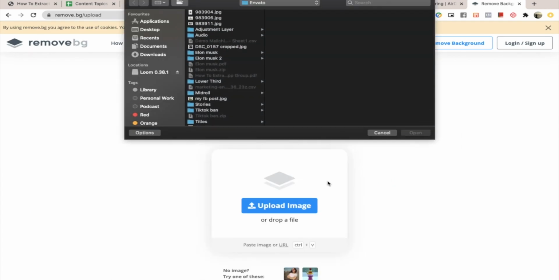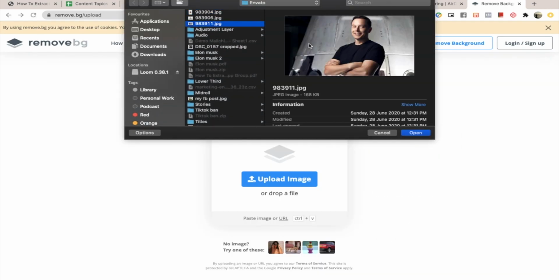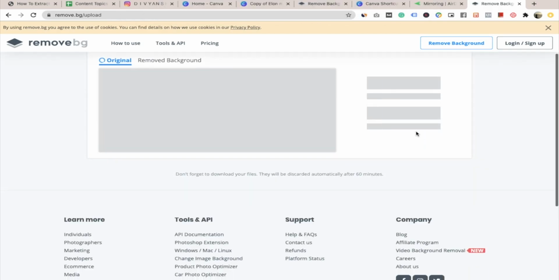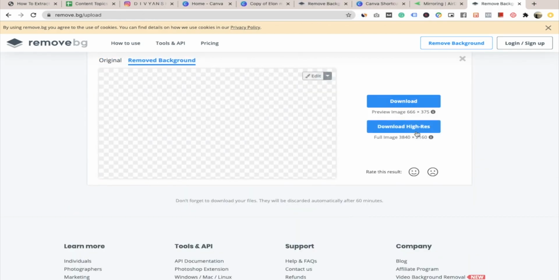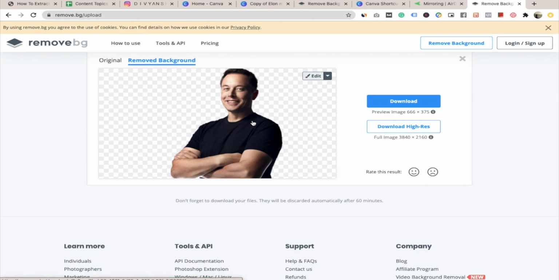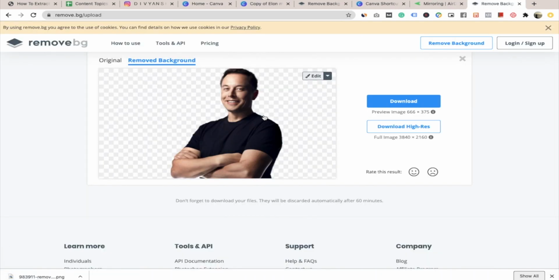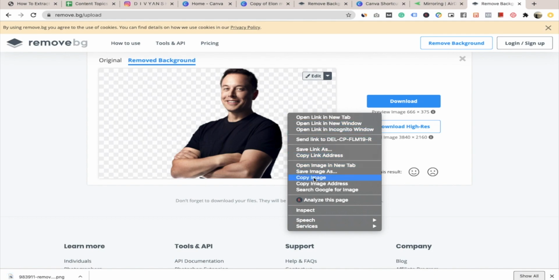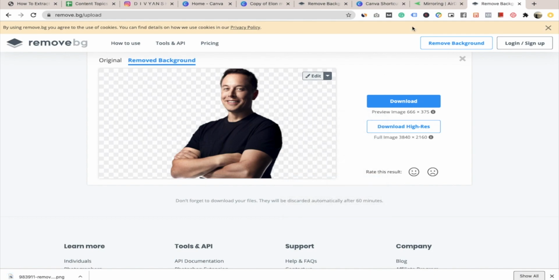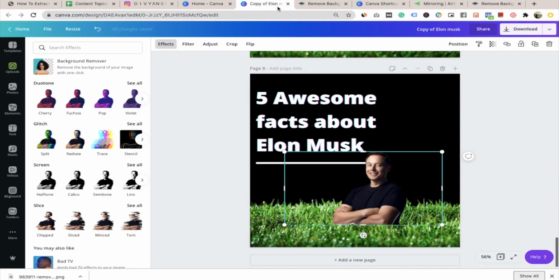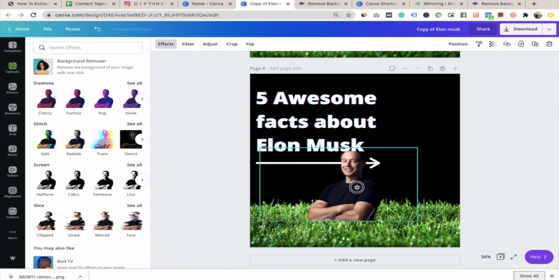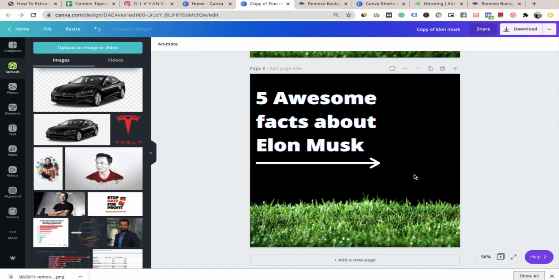So let me find out where is the image, and go to any image, pick image, upload it, and boom, within a fraction of seconds you will find it has been removed. I can copy from here. Okay, it has been downloaded since I clicked over it, but I'll copy. You can just simply copy the image and paste it in Canva. I think this is where I was creating. So in the meantime, you can see the premium one has also brought this, but I'm going to delete this, and let me try to show you the one that I'm going to paste from remove.bg.